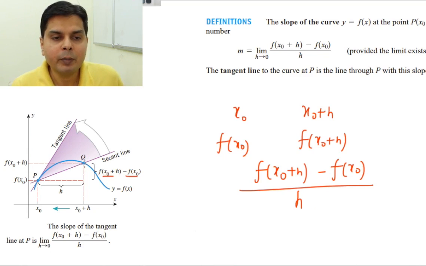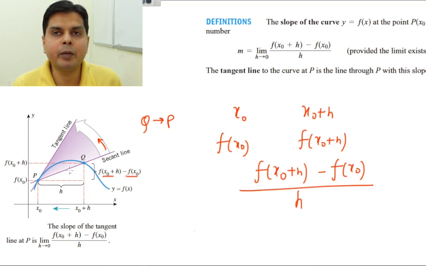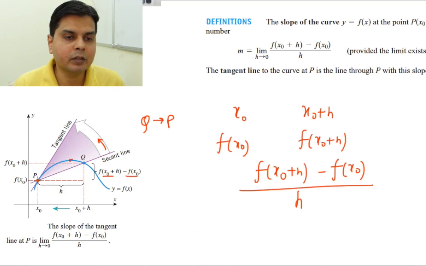Now what happens as you keep on moving this point q towards p, that is, as you shift this point q closer and closer to p? Actually, q goes and merges into p, so that ultimately these 2 points become 1 point. That is, q will go along this curve and ultimately merge with this point p.